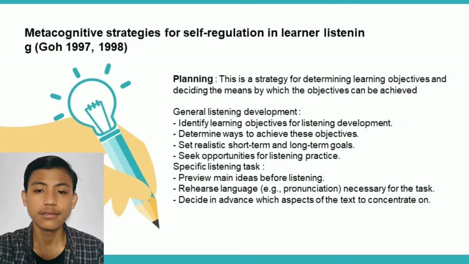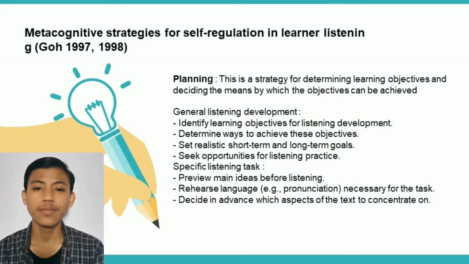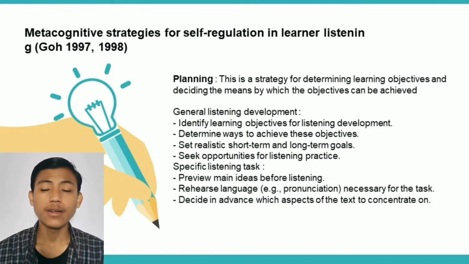This section describes metacognitive strategies for self-regulation in learner listening. What are metacognitive skills?